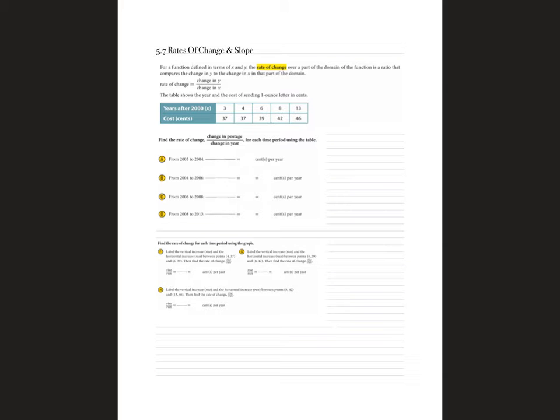5.7 rates of change in slope. When we're doing the rates of change or the slope of something, our change is the change in y over the change in x, or the change of your dependent over the change of your independent. If we look at our first set of examples here,